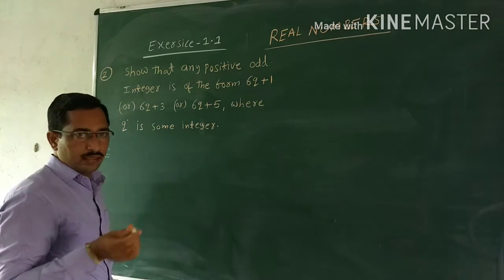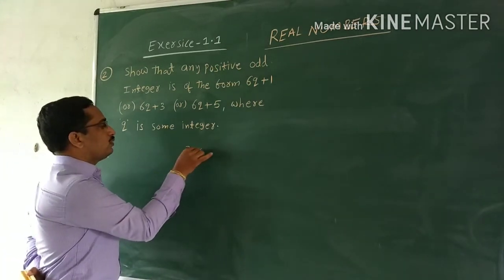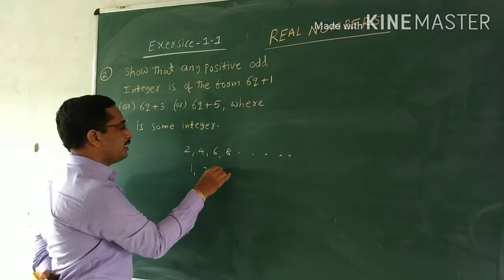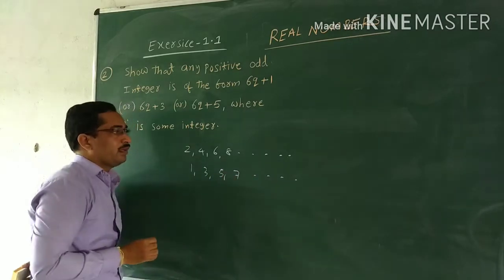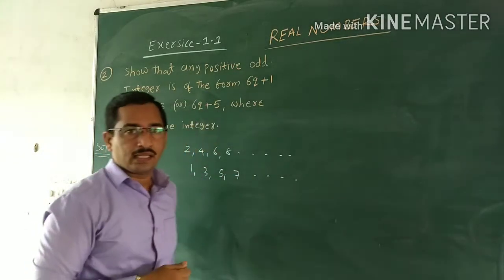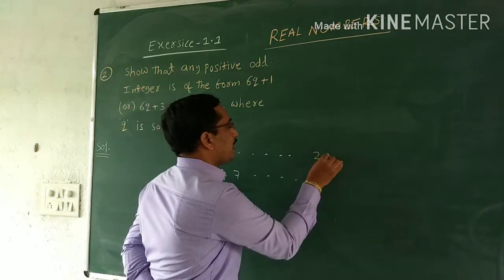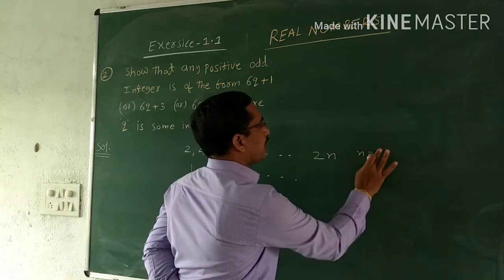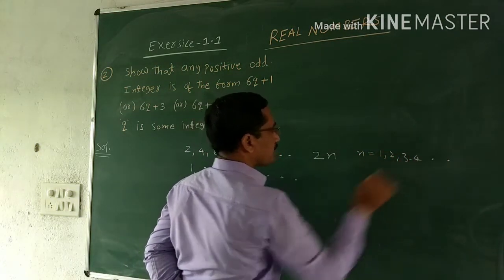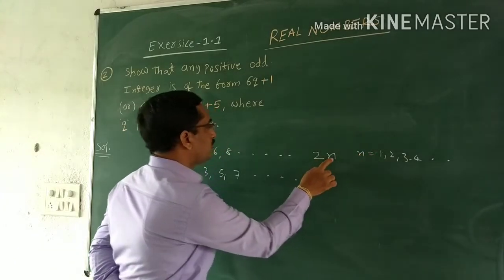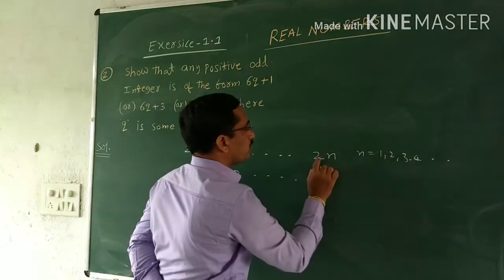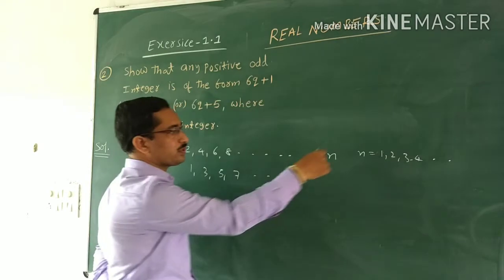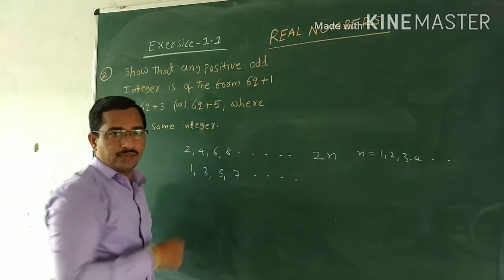See, you know the even numbers starting with 2, 4, 6, 8 and so on, and odd numbers 1, 3, 5, 7 and so on. But in mathematical symbols, we represent the even numbers with 2n or 2m, where n takes values starting from 1, 2, 3, 4 like this. If you substitute n equal to 1, 2 into 1, 2. n equal to 2, 2 into 2, 4. n equal to 3, 2 into 3, 6. Like this, by substituting the n values, we get all the even numbers.